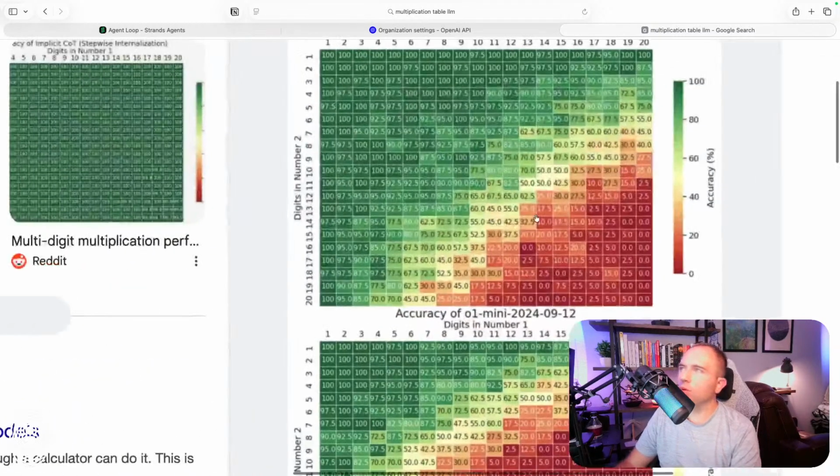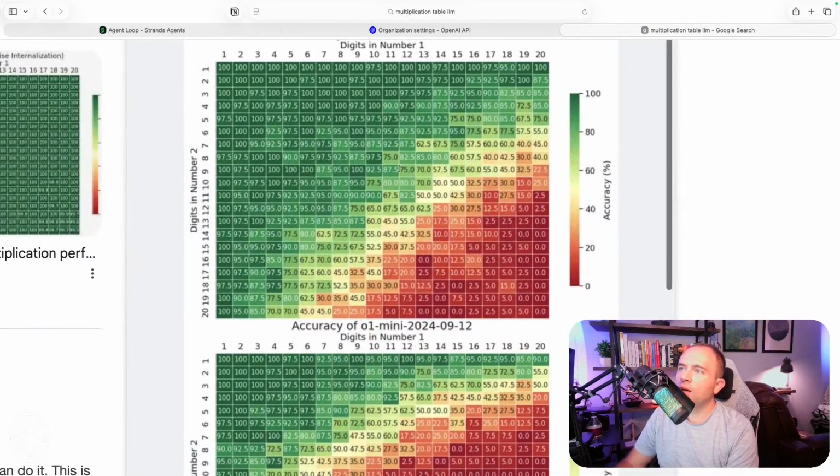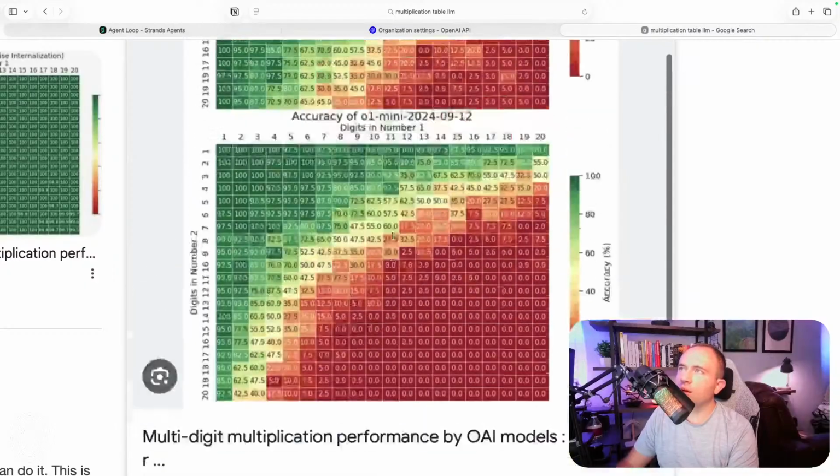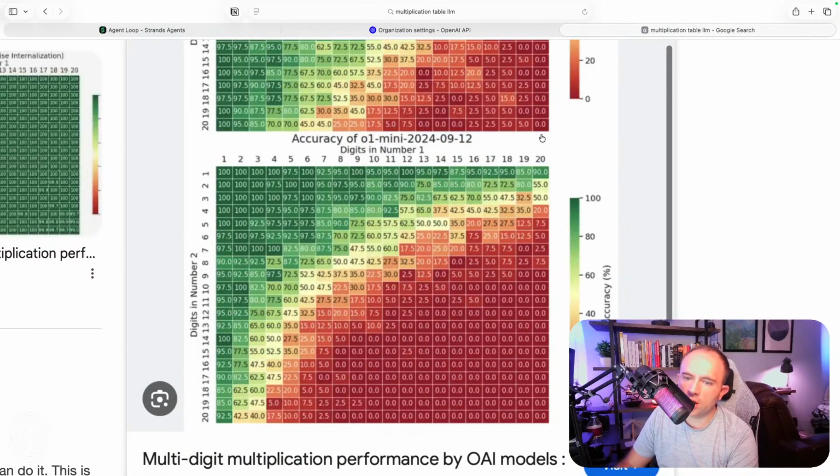It's a little bit of an older image, but it's still relevant. This demonstrates the accuracy of the o1-mini model that came out over a year ago. Oh my gosh, I feel so old. I can't believe it's been a year since it came out. Basically, when you have a 1-digit number times a 1-digit number, an LLM does very well, actually.